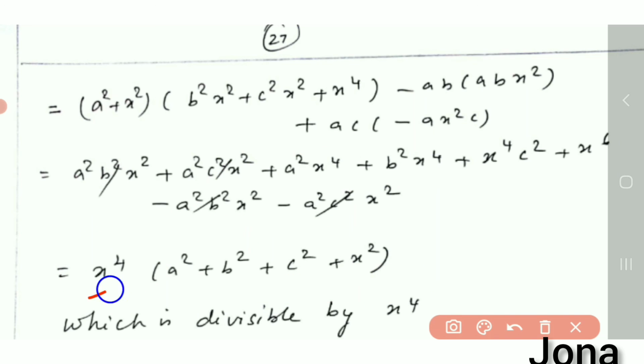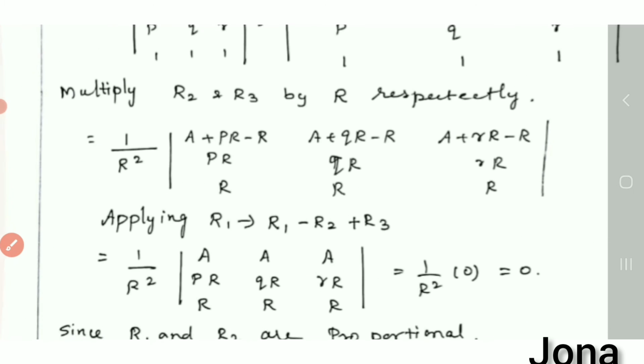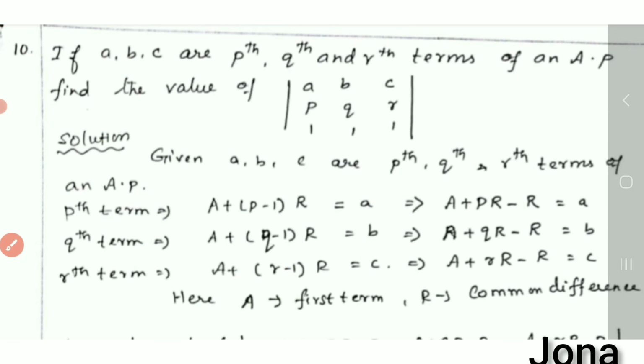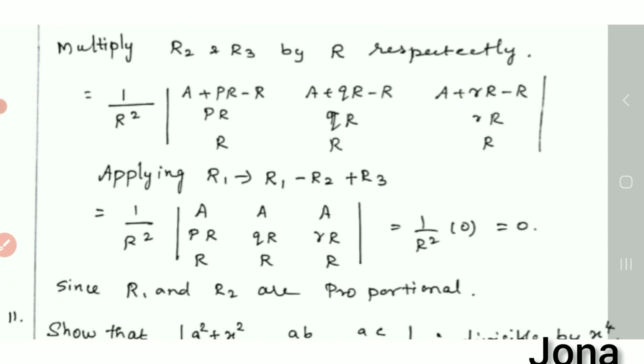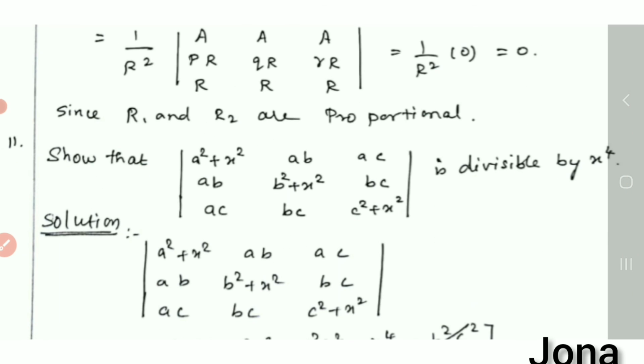So if it is divisible by x power 4, the problem itself asks, it is in the format of it is divisible by